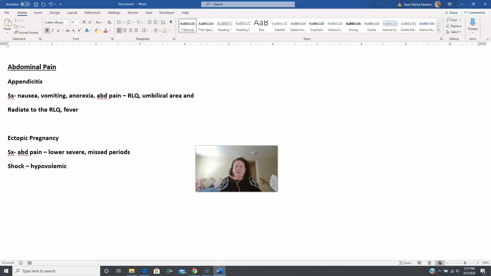When the fallopian tube typically ruptures, there's a ton of bleeding and lost blood, so they can be hypotensive, tachycardic,